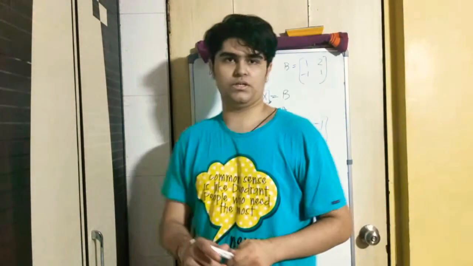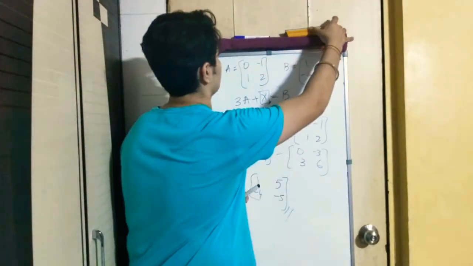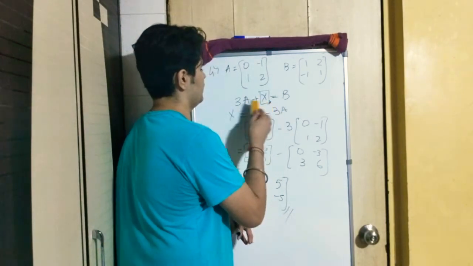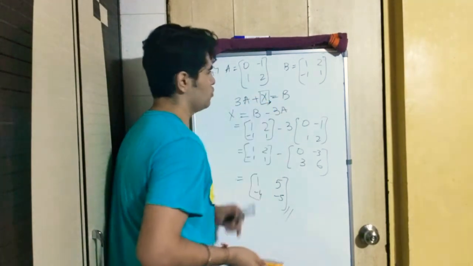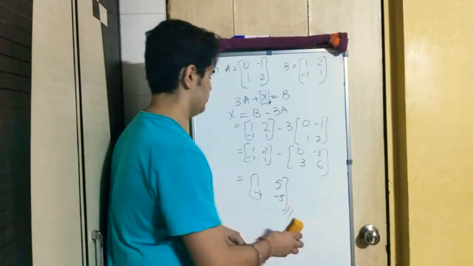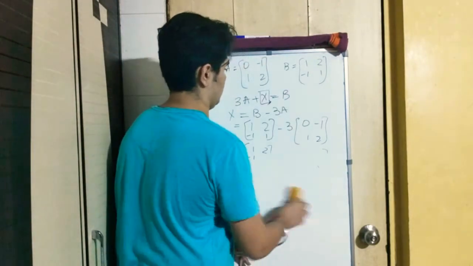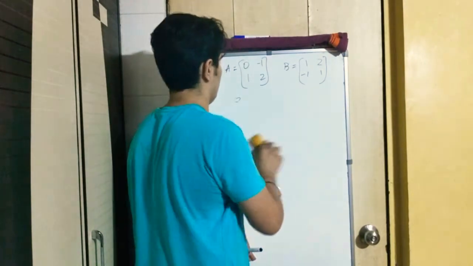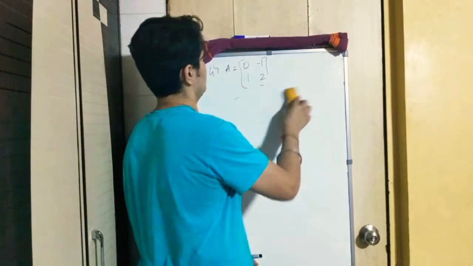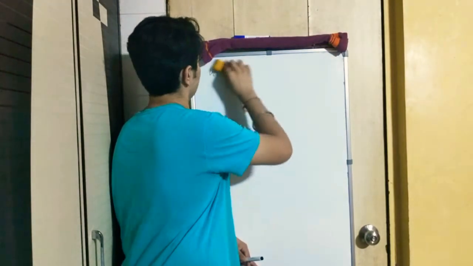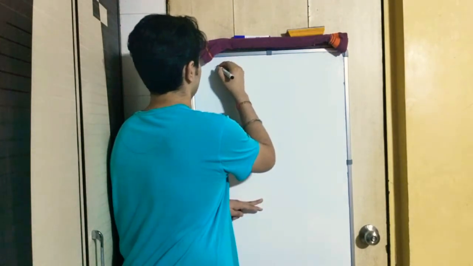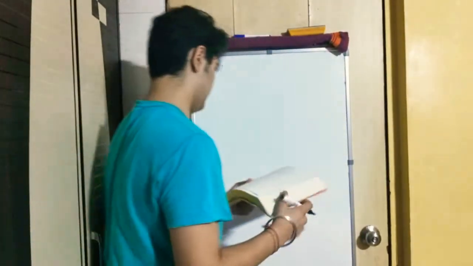So I hope you have understood it. The second condition is also similar to the first one, but just they have interchanged this X here and 2A here. So I hope you can do it easily. We will move on to much tougher sums. So we move on to the next sum. It is fifth one.